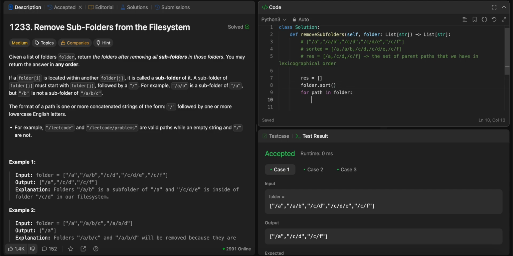Then what we have to do is, if result is not empty and the result's last value starts with